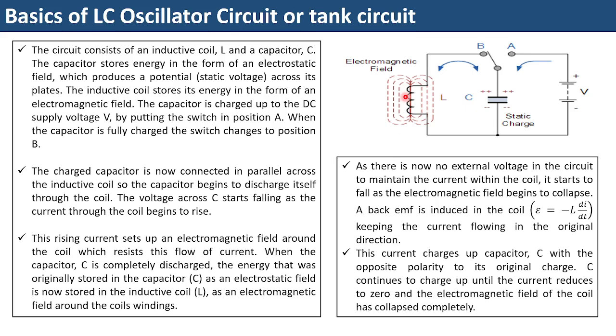Now once these charges are completely dried up, that means total charge supplied by this capacitor is 0. In that case, we get the current to be maximum. That means if we take the profile of the current, we will see that current actually oscillates in a sinusoidal fashion. I will show this in the next slide.